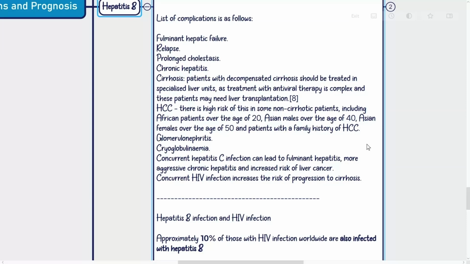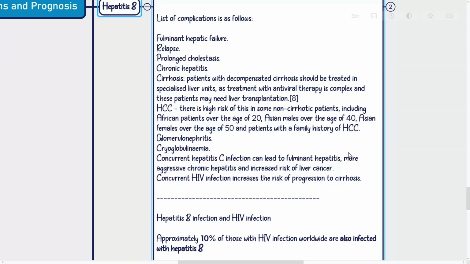Patients with decompensated cirrhosis should be treated in specialized liver units, as treatment with antiviral therapy is complex, and these patients may need liver transplantation. HCC: there is high risk of this in some non-cirrhotic patients, including African patients over the age of 20, Asian males over the age of 40, Asian females over the age of 50, and patients with a family history of